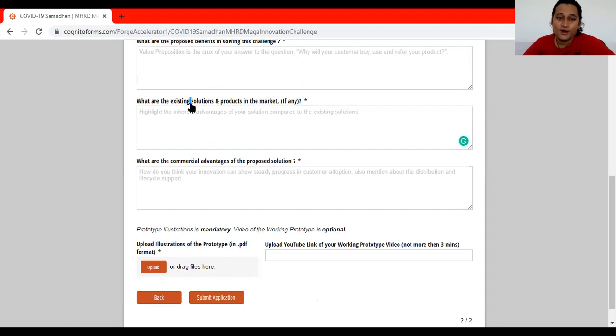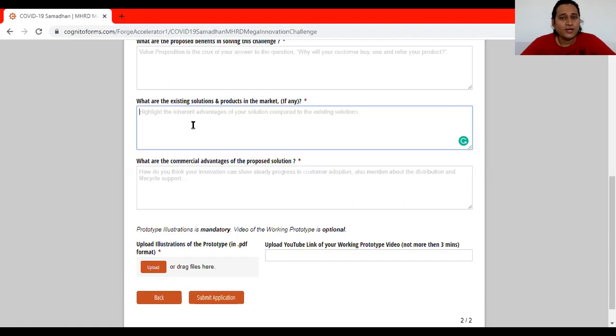You need to understand what are the existing solutions in the present market, because this question has been asked in many competitions. You know why? Because if this type of product is already available in the market, why are you developing it? That is the answer they are expecting. So you need to write here how unique your product is, what the existing products are, how different your product is, and how it will scale up into the business model or into the society. You need to write it.